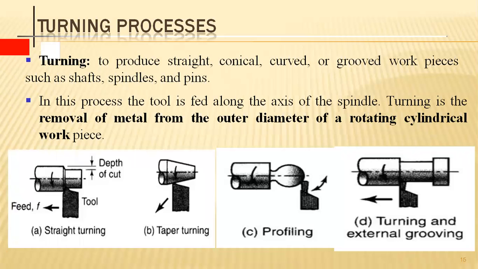So nominally, turning is used to produce straight cuts by the tool, removing the material in the form of straight lines, as the diameter gets decreased over the objects, giving a smooth and fine surface finish. Even conical shapes, such as the taper process, can also be produced, and some grooved sections or facing operations, profiling and grooving operations, only consist of removing the material to particular ranges, and based upon that the concerned tool bits will be utilized.